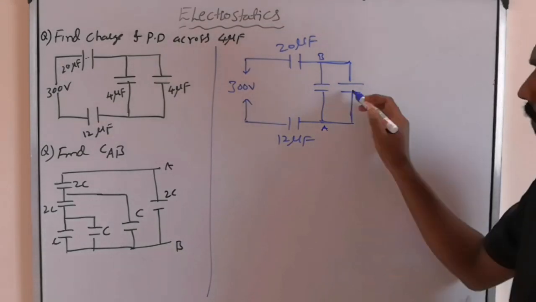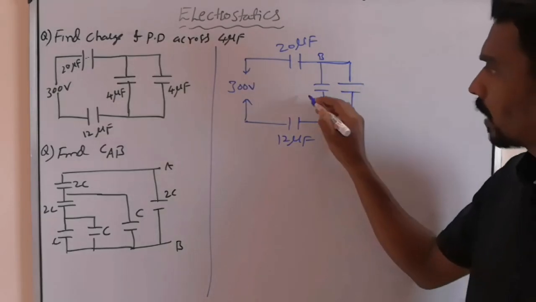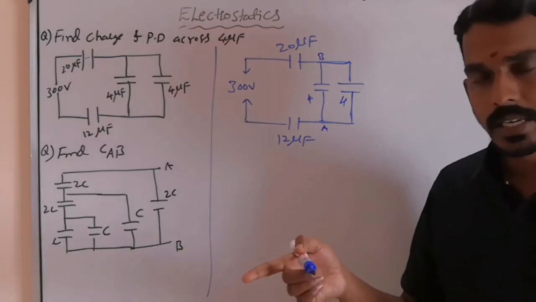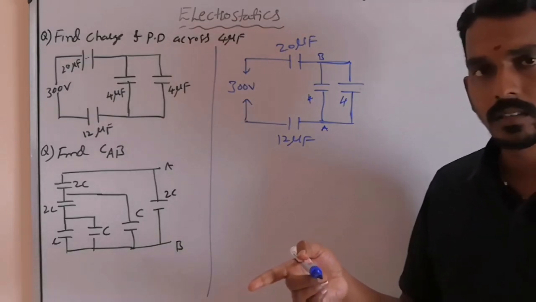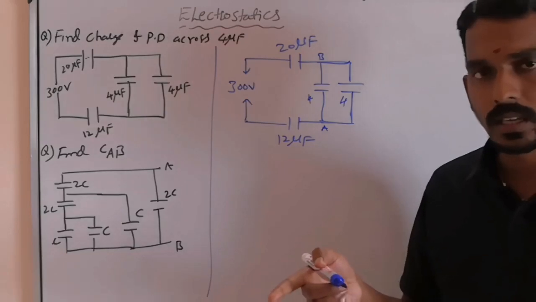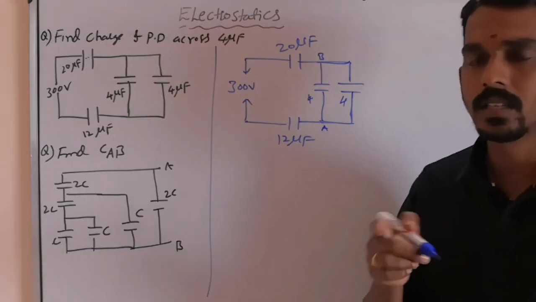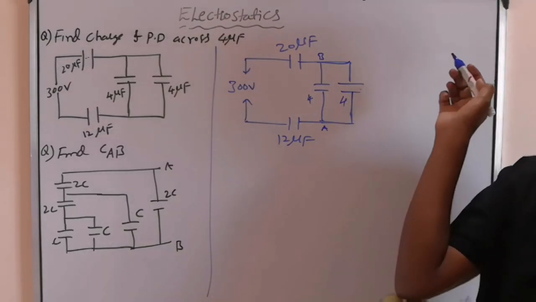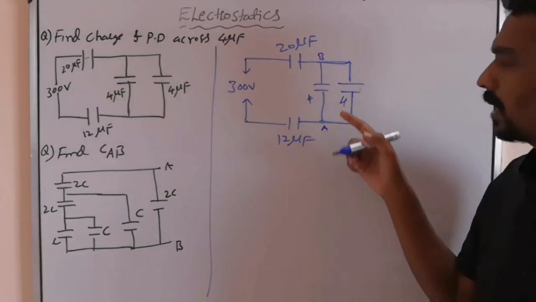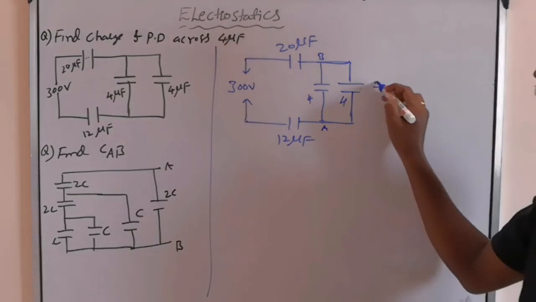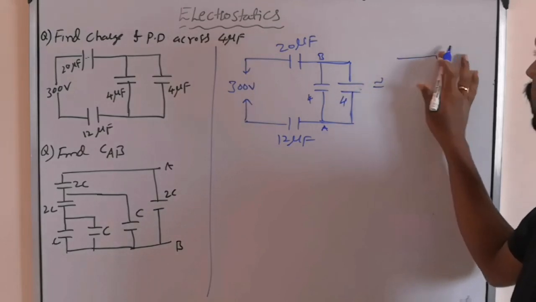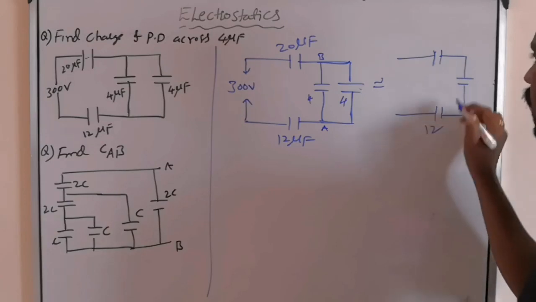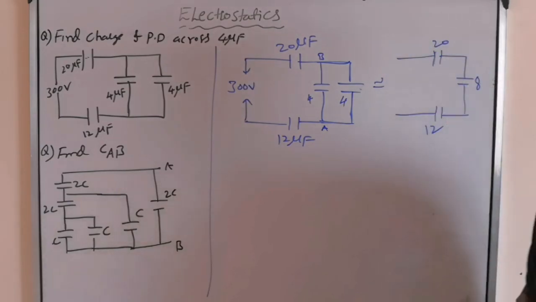Now between A and B, if you take the resultant of two equal capacitors 4 and 4 connected in parallel, as I said just now, for equal capacitors the resultant is N into C in parallel, and C by N in series. Here 2 are there, so the resultant will become 2 into 4, 8. Or else simply you can take C1 plus C2, 4 plus 4, 8. So it will become 12, 20, and 8.